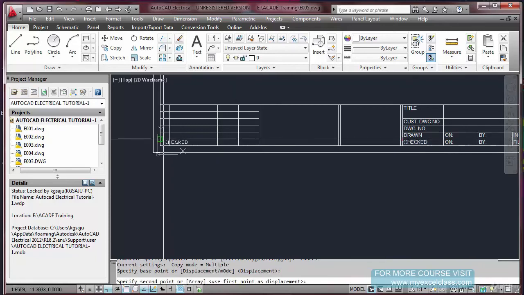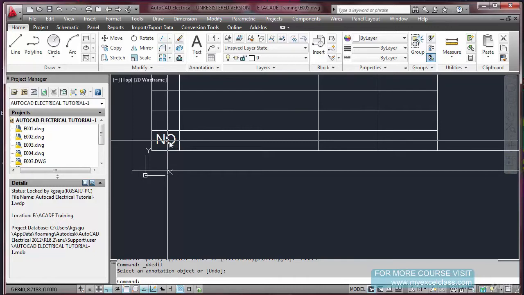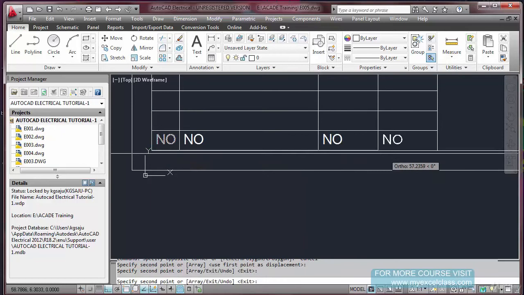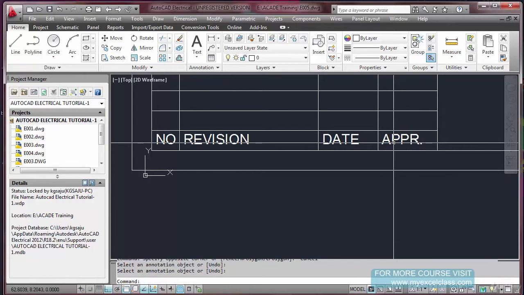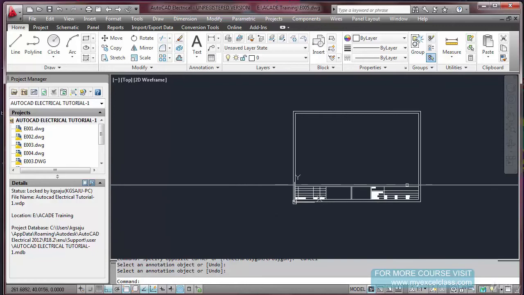Copy here, number, revision number, copy here, revision, here I am putting date, and this is approval. So this much portion is complete.